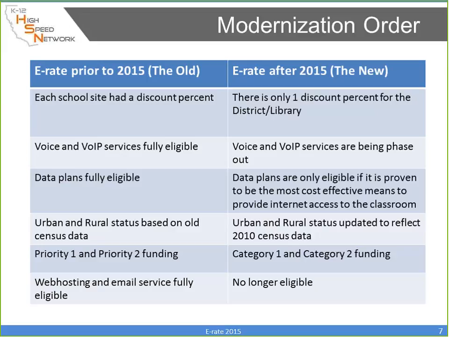Simple change. We're all used to priority 1, priority 2, right? Now category 1 and category 2. Web hosting and email service, simply not eligible anymore. On the first line there,